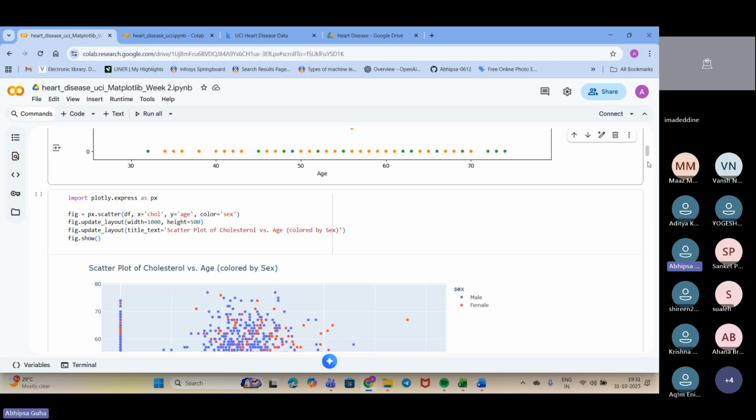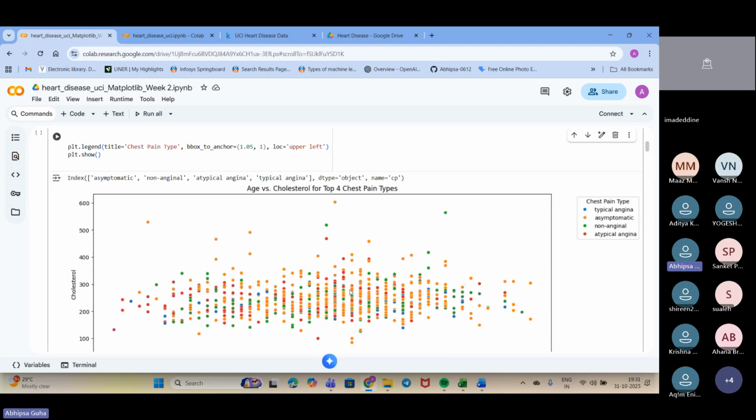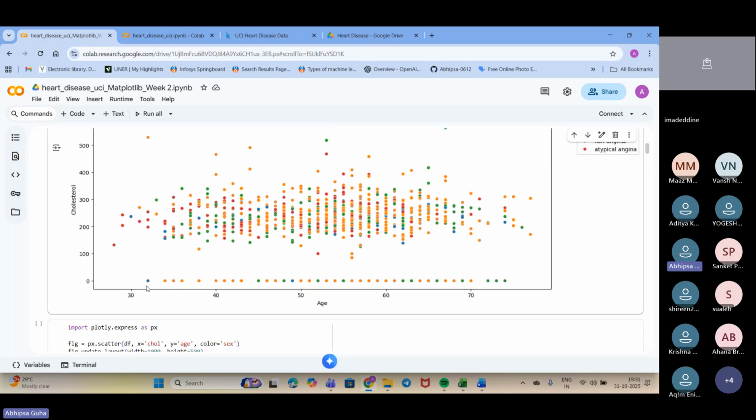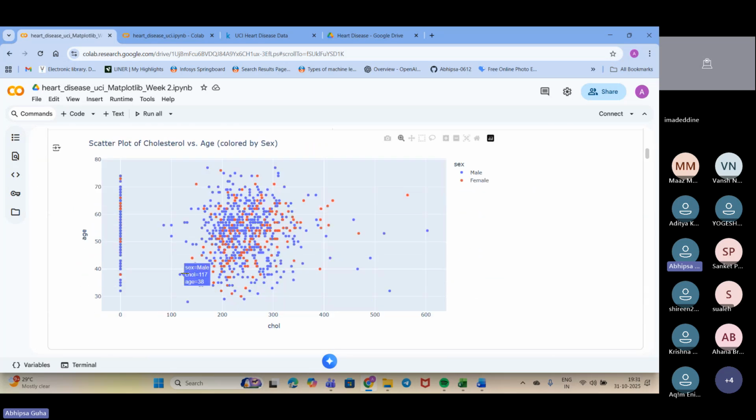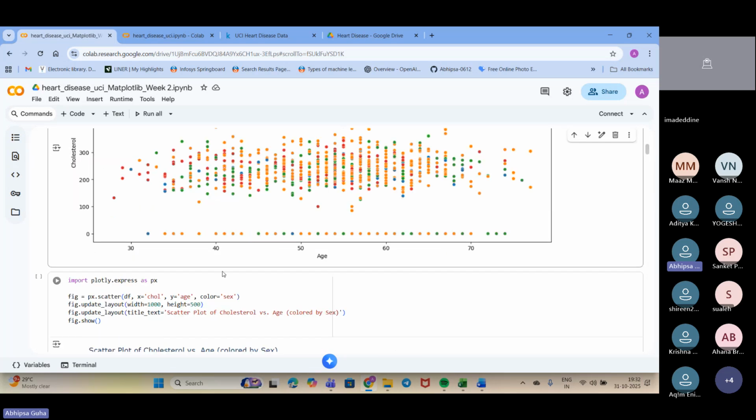In the earlier plot, you would assume maybe this person's age is 31, the person has 0 cholesterol and is typical angina. But here, when you hover over the data, you can see the gender of the person, the cholesterol level, and even the specific age of this person. We can do it with the help of Plotly Express.